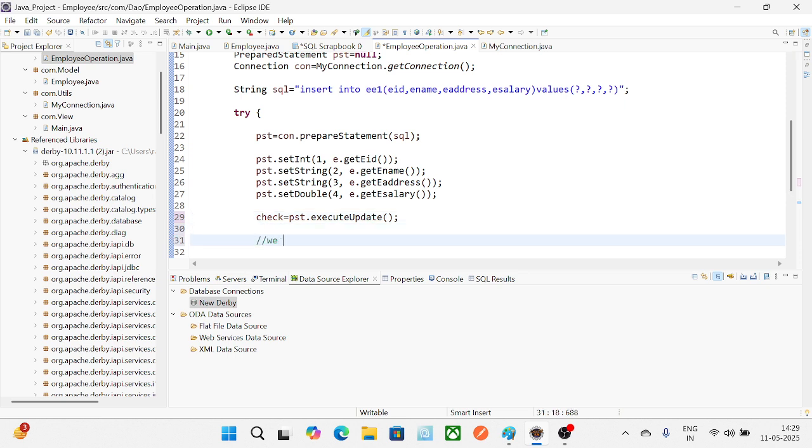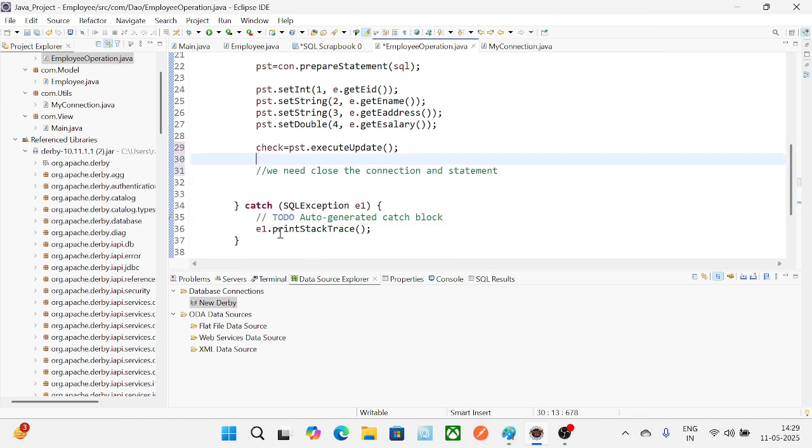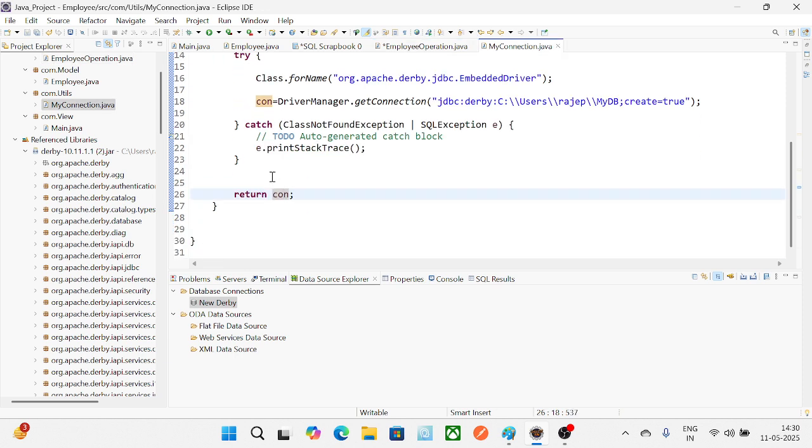Again, we need to always close the connection and the statement. So what will you do for that? Instead of writing it manually, create a method here. So here we are going to create a method, public static void